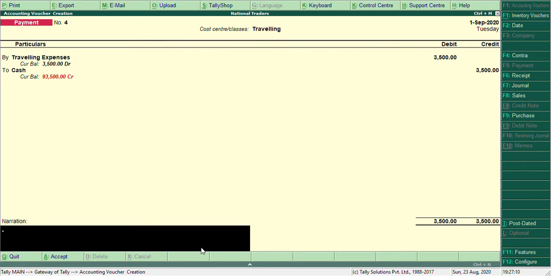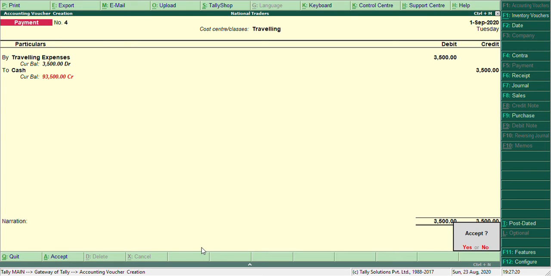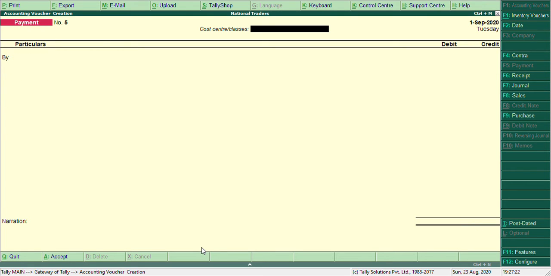If you want to know more information about this particular transaction, you can accept. So this is how we can pass the cost center class. You can use the cost center class feature.